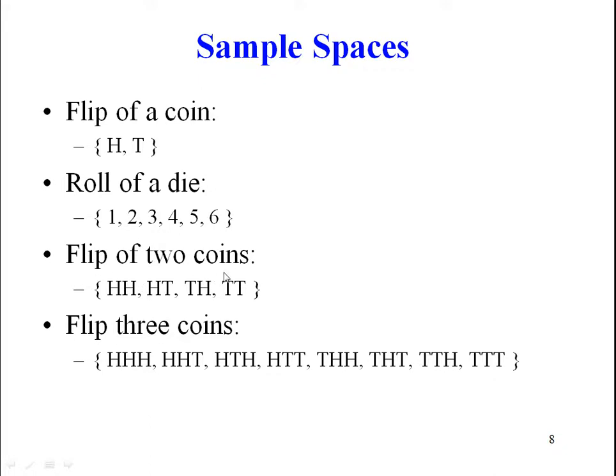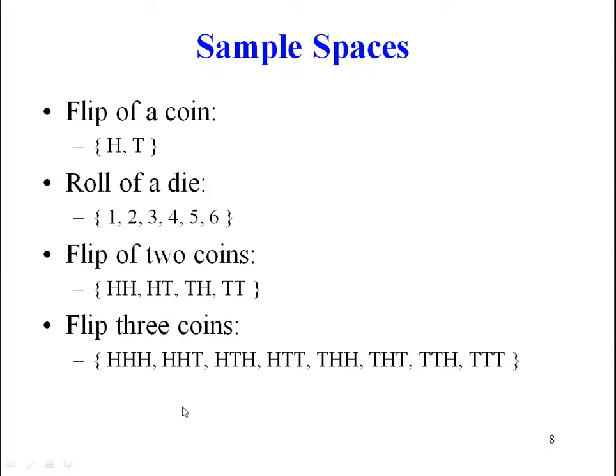What about flipping 2 coins? Well, the real sample space is heads-heads, heads-tails, tails-heads, and tails-tails. Not that you get 0 heads, 1 head, or 2 heads. That's not it. But if you got 1 head, that could be broken down into whether it was a head and a tail or a tail and a head, so that's not a simple event. But a simple event would be head, tail. That can't be broken down any further. So that's our sample space.